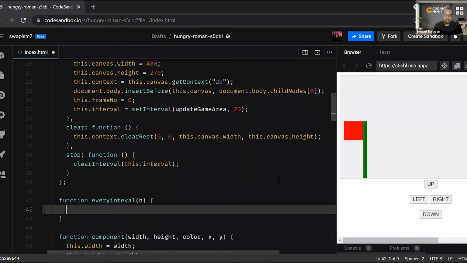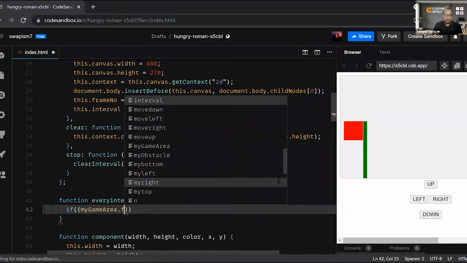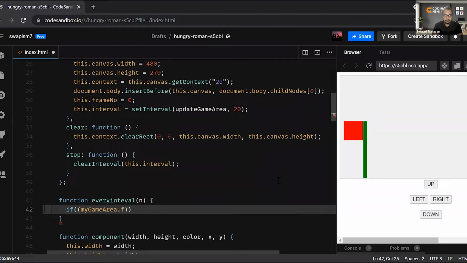Now it will say that if my game area dot frame number by n, modulus 1 is equals to 0, I would be returning true.